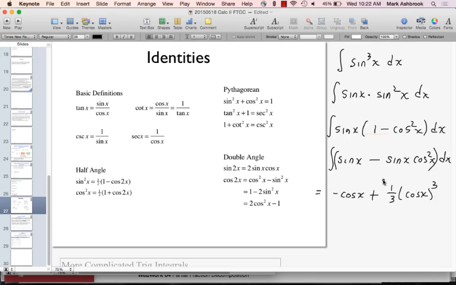Plus C. So see what happened. We did some algebra, we pulled it apart, we used an identity, and that identity, chosen correctly, set this up for easily undoing the chain rule. That's the gist of these. That's the feel of these more complicated